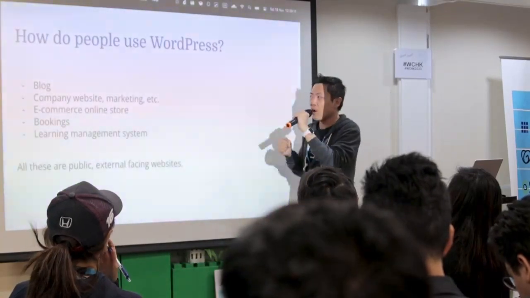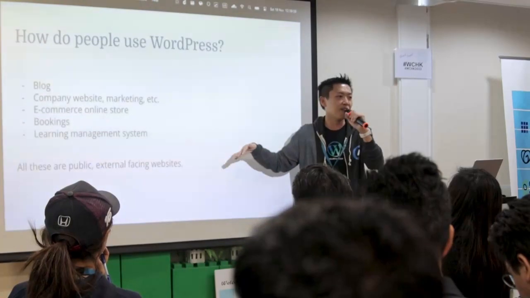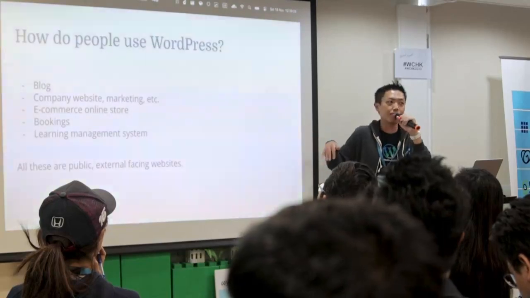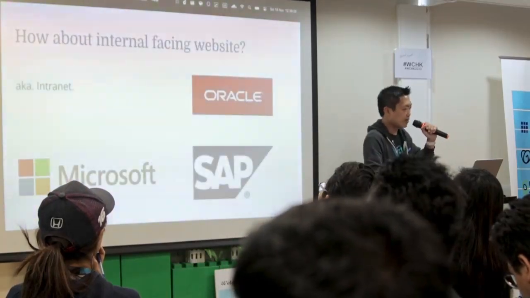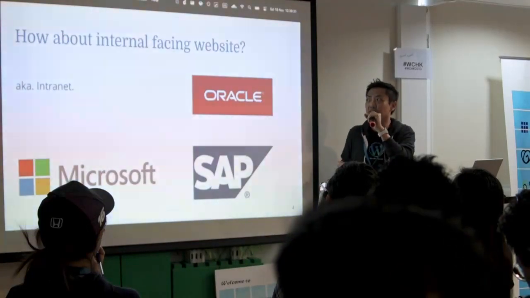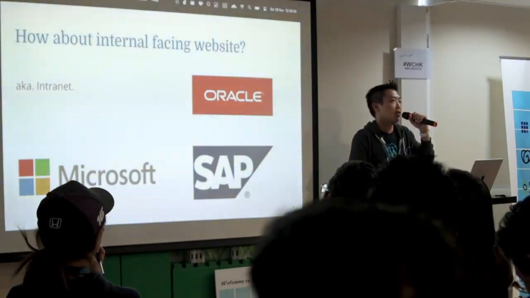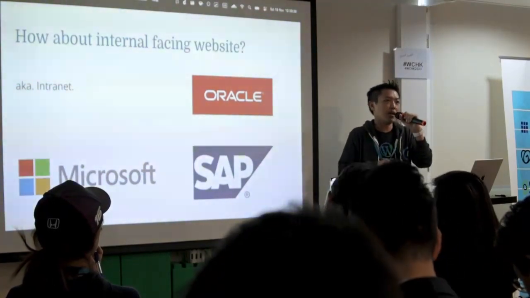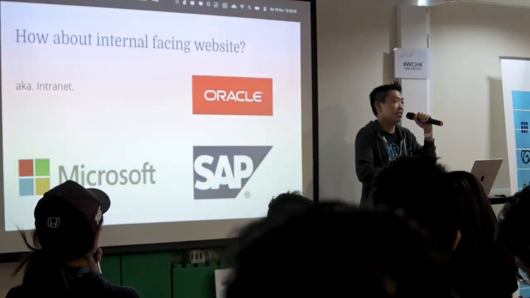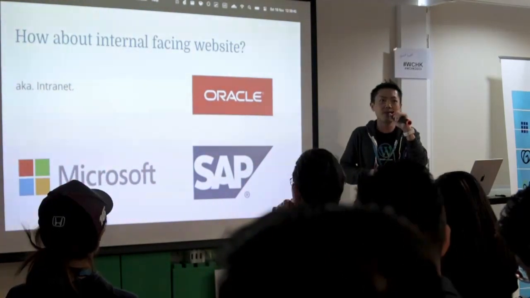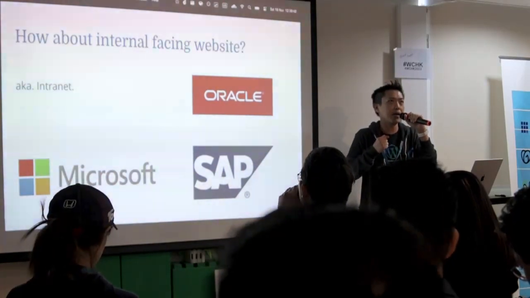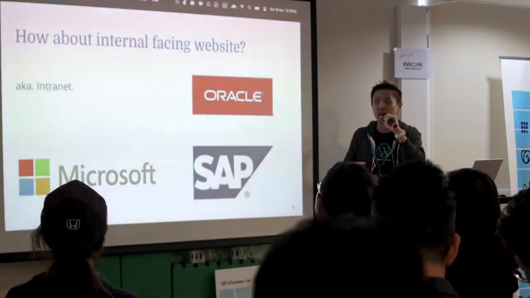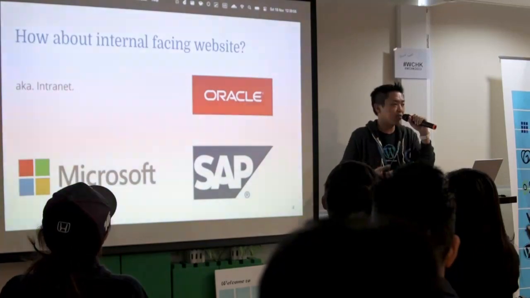But if you think about it, all these use cases are public, external facing websites, right? And these are the very common use cases of how people use WordPress. Now, the thing I'm going to talk about today is, how about internal facing websites? So let's say you are running a company, you are running a business, whether it's a small business, a team of a marketing agency with 10 people, or a big company. And you think, hey, I want to have an intranet, to put in information and project things. So I want to have an intranet for my own company.